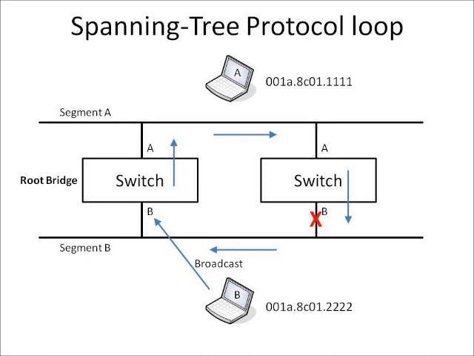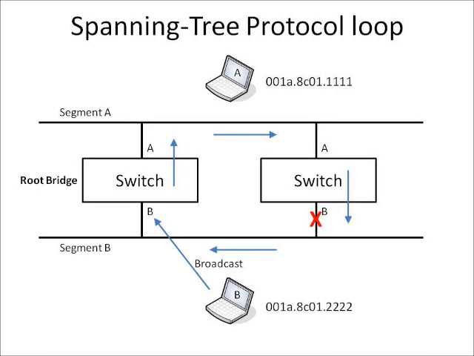A device at the top, 001A, 8C01, 1111, if it was to send out a broadcast onto segment A, it would be received by both switches, the switch on the left and the switch on the right. They would both forward that frame onto segment B,